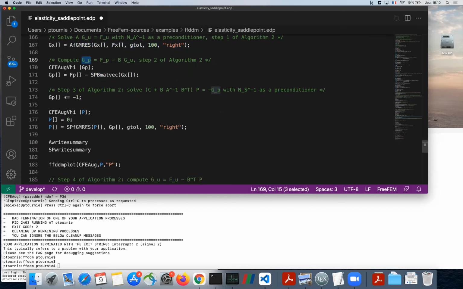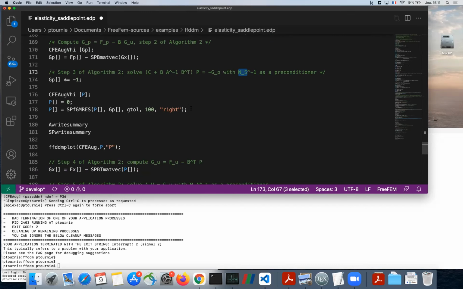I can solve the problem. Basically, I can try to solve this problem with the Schur complement using NS^-1 as the GenEO preconditioner, as Frédéric said. This is applied, and this is also an inner loop, which is why Frédéric said that we have inner loops. NS^-1 is solved by GMRES.